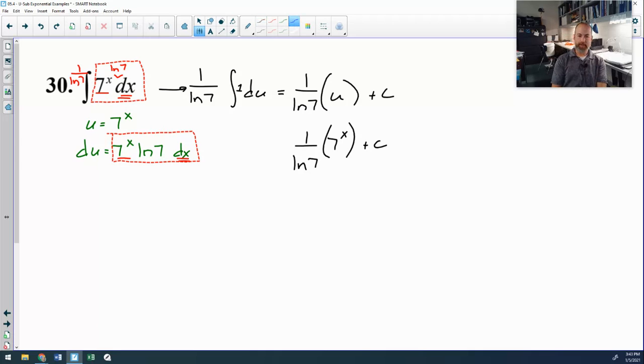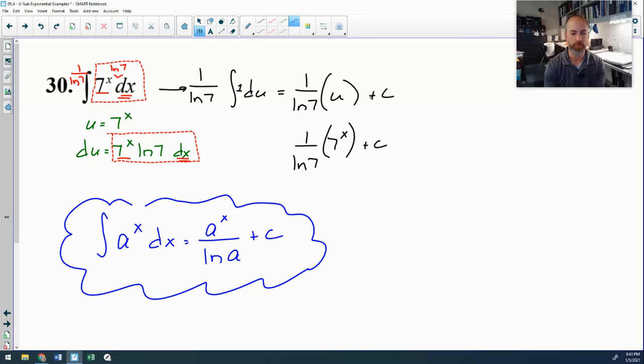I do tell my students to add this to their memorization bank, and it turns out that if you're doing the antiderivative of an exponential function, and it's just a to the x power, it's not an ugly exponent, it's just x, not x squared, not sine x, just a to the x. The antiderivative will always be a to the x divided by the natural log of a, and I would just memorize that